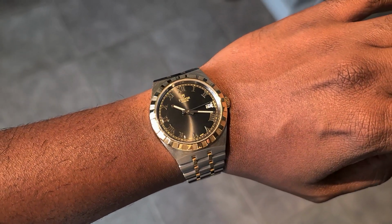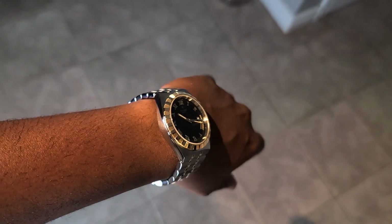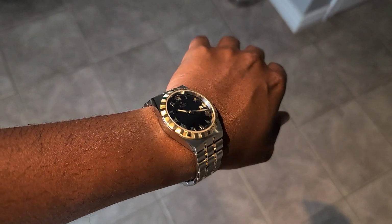So I think I'm going to title this The Most Toxic Grand Seiko, and why I'm happy to own it. And I really am happy to own it. Some of you guys know that I really like two-tone. I've had some pretty questionable pieces according to you guys, but pieces that I've loved, and this would be one of those things. It's two-tone. It's a bit more expensive than a normal 9F quartz, at least at the time of this video recording, and it's a quartz. So a quartz two-tone Grand Seiko is probably the most toxic Grand Seiko